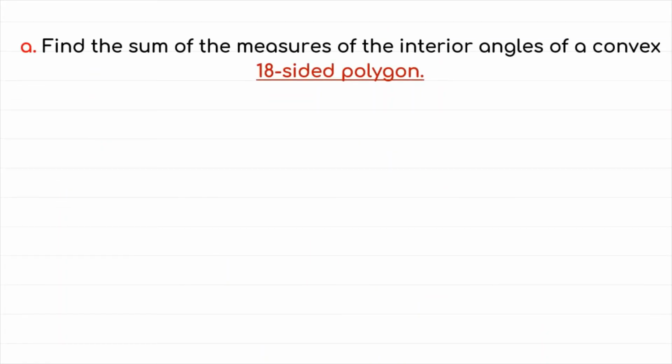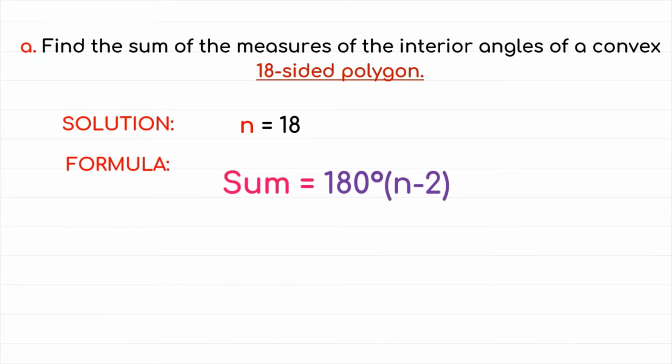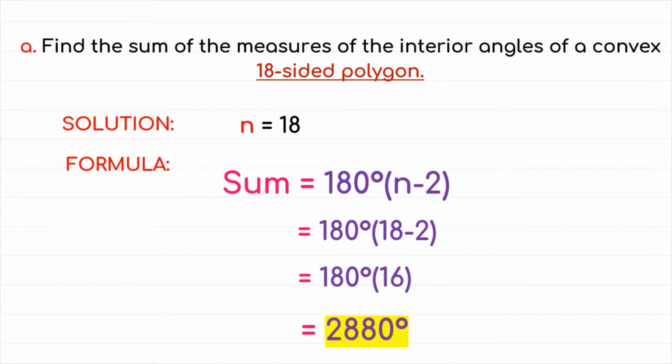Find the sum of the measures of the interior angles of a convex 18-sided polygon. So, ang given po ay yung sides. So, ang hinahanap is yung sum of the measure of the interior angles. So, n natin is 18 and then yung formula natin is ganito. Sum is equal, or S lang, is equal to 180 degrees times n minus 2. So, that will be 18 minus 2, that is 16 times 180 degrees, total of 2,880 degrees. So, ang 18-sided polygon ay mayroong 2,880 degrees na interior angles. Pag pinag-add mo, magtototal siya ng